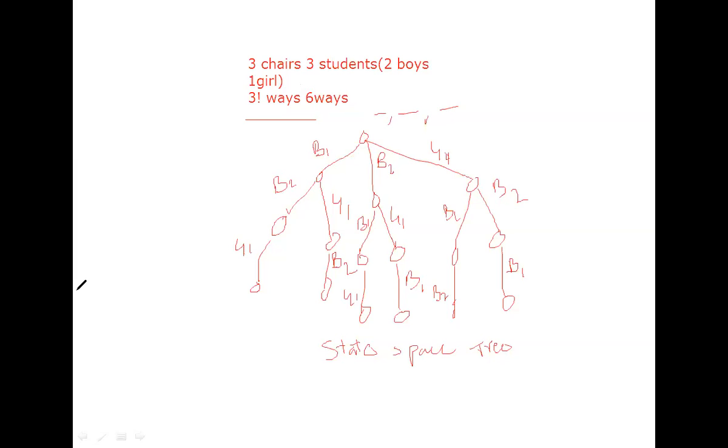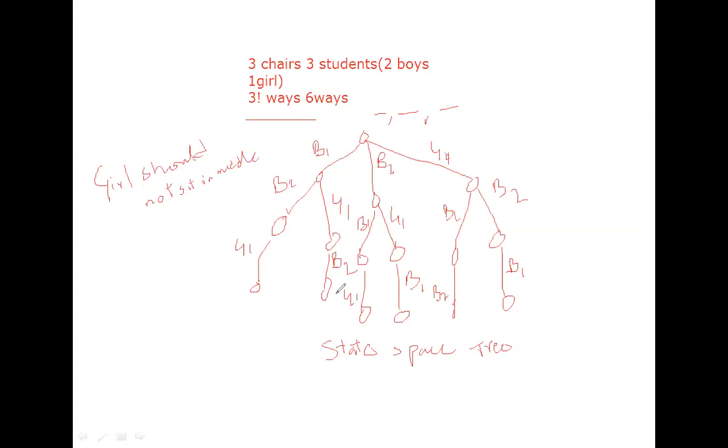So now we have the constraint here. The constraint is the girl should not sit in the middle of the two boys. So I already told you we follow the constraint. The constraint is the girl should not sit in the middle. So girl should not sit in the middle means in between two boys, the girl does not sit. Okay, that is our constraint.